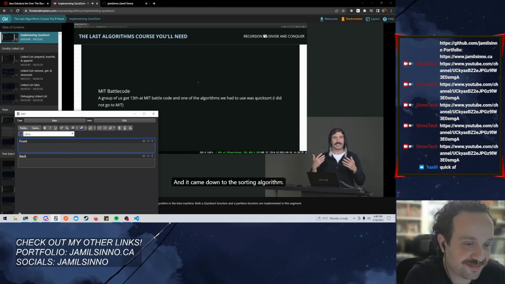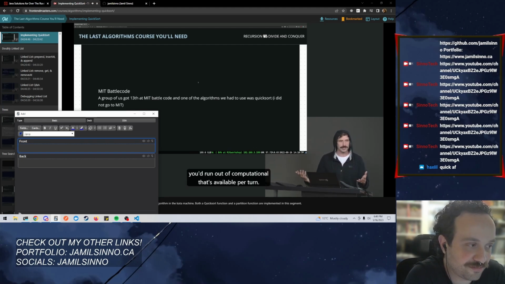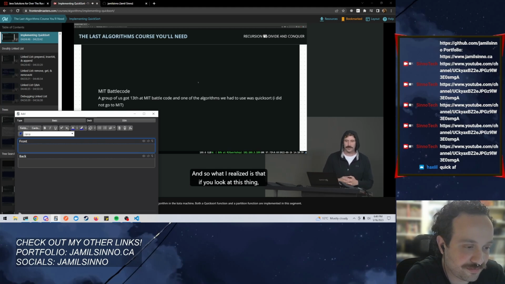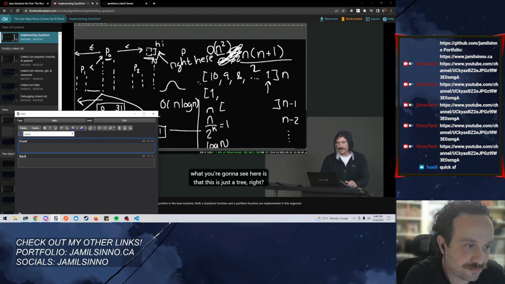We're like, what is going on here? And it came down to the sorting algorithm. You couldn't simply sort because you'd run out of time. You'd run out of computation that's available per turn. And so what I realized is that if you look at this thing, what you're going to see here is